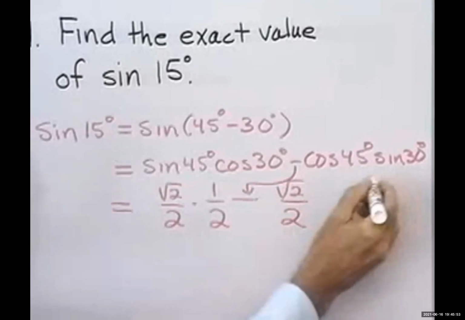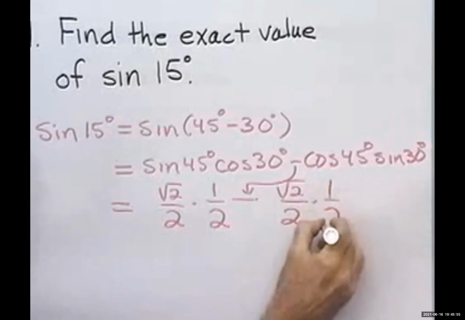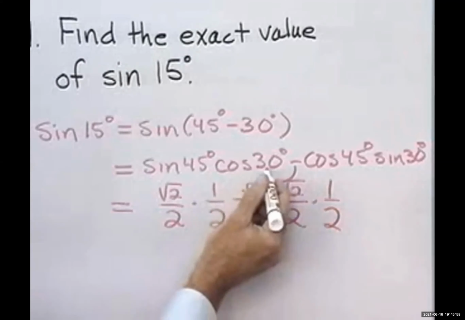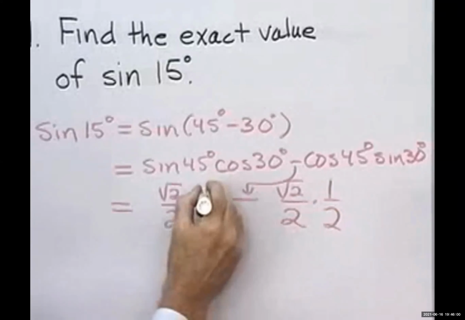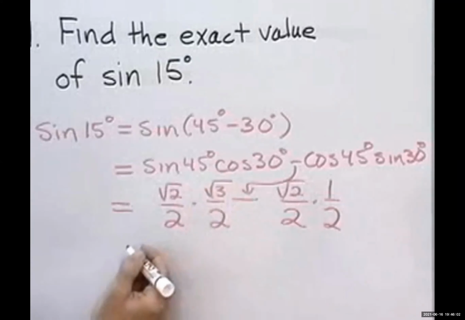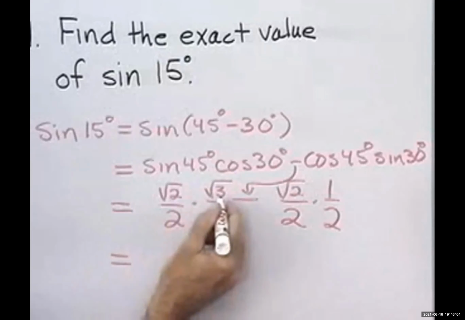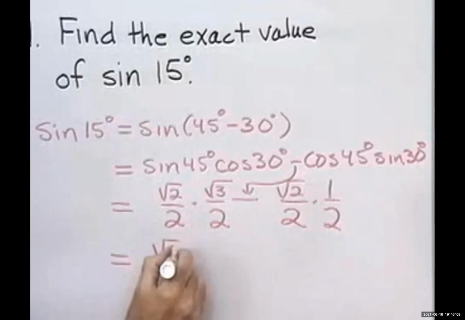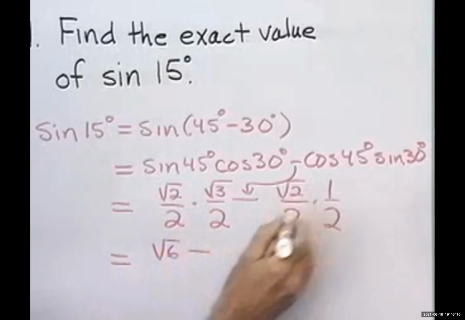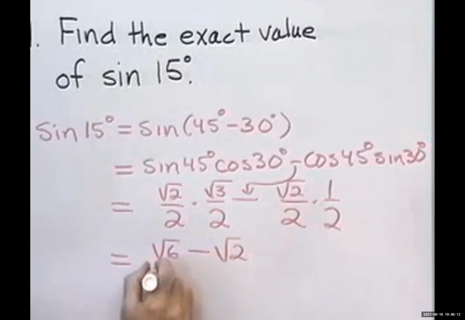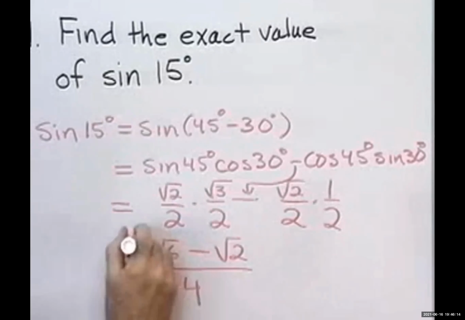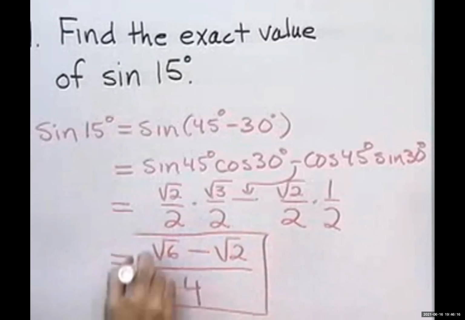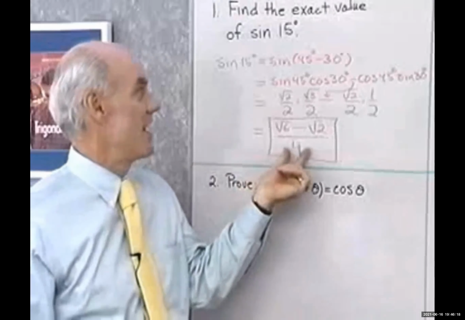And then sine 30 is going to be 1/2, and let's see, I made a mistake, right? Cosine of 30 is not 1/2, it's square root 3 over 2. Cameraman found that mistake, okay. Square root 2 times square root 3, square root 6, minus square root 2 times 1, square root 2, all divided by 4. Now, that's kind of a complicated looking expression, but that is the exact value of the sine